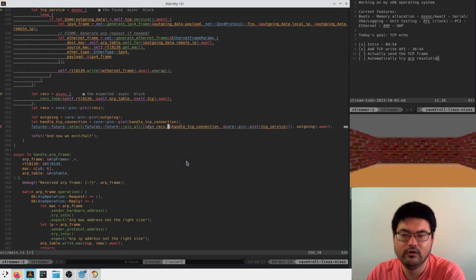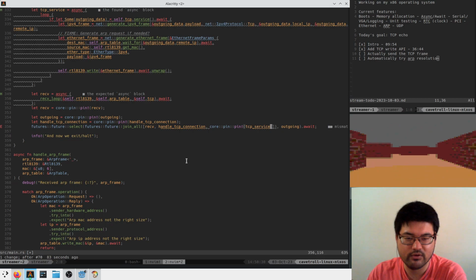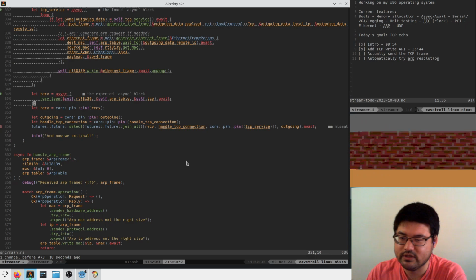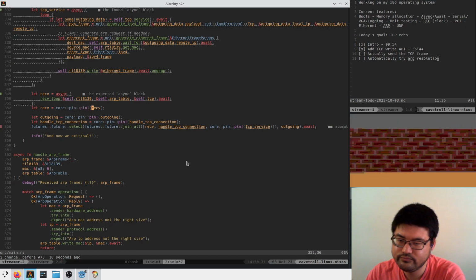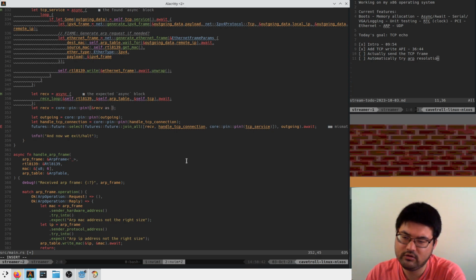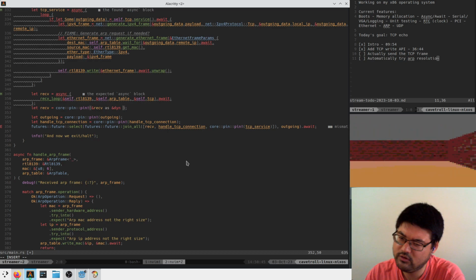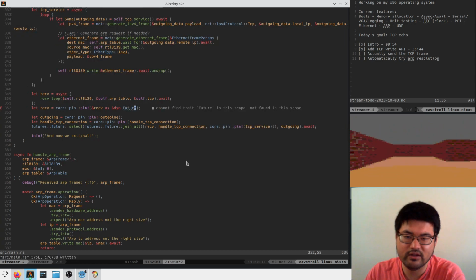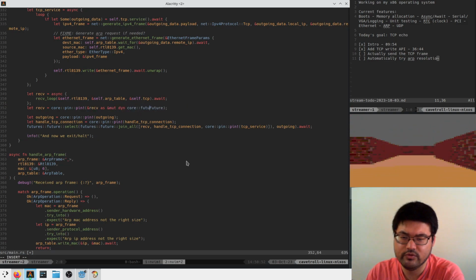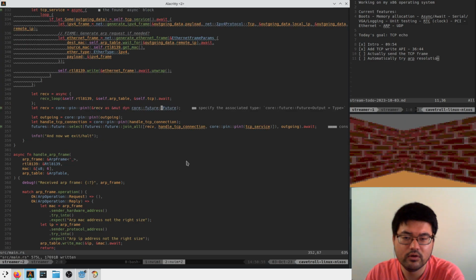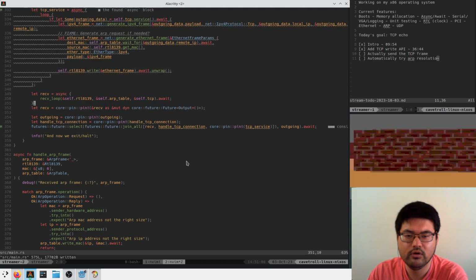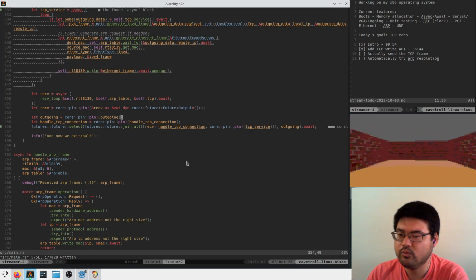Maybe I write dyn here. Let's try to figure out this syntax. Let's see. I think if I do receive as dyn future, is that legal? Core future like this. Output equals this. Nothing. Okay, so that's legal, which means that